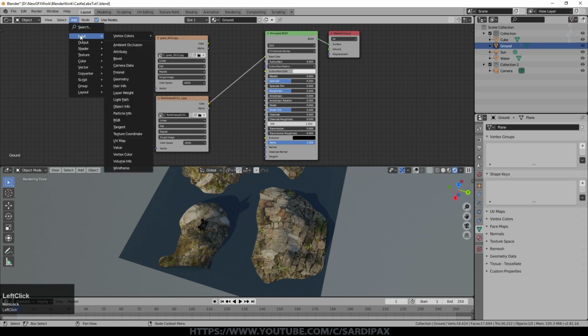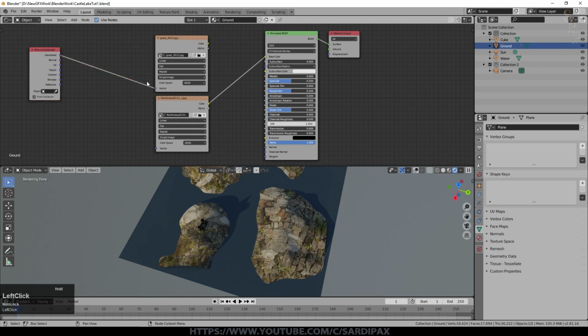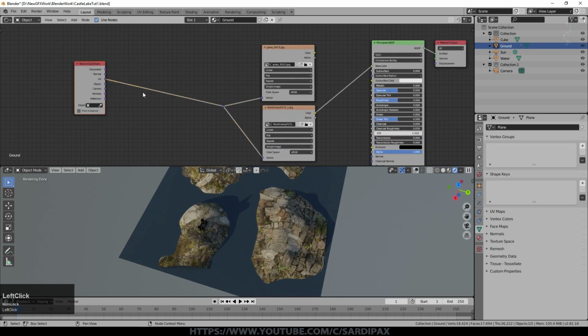So I'm going to add, first of all, an input, which is texture coordinates, and just plug the UV output into the vector input. Now that doesn't change anything because we were already using the UV map. If I hold the shift button down and then the right mouse button and draw a line down like that, that gives me a little node. So I can now add things into here very easily. It will affect both of these.